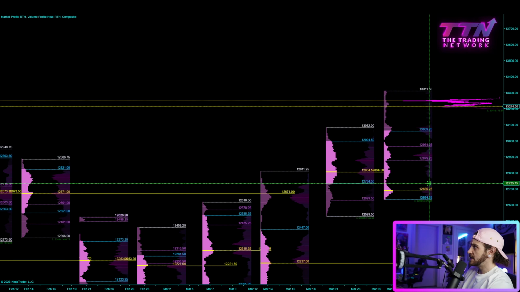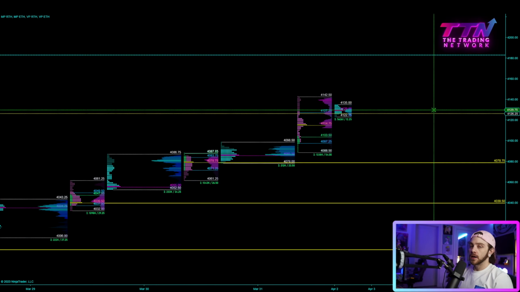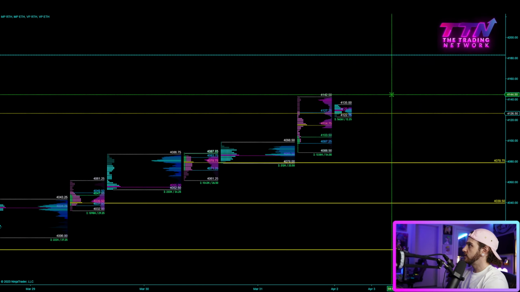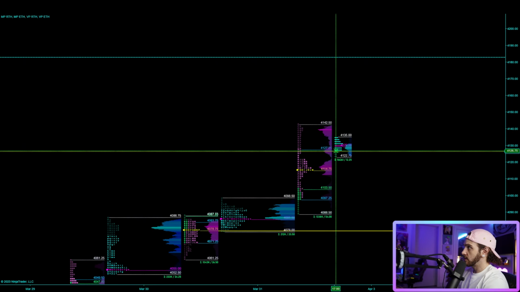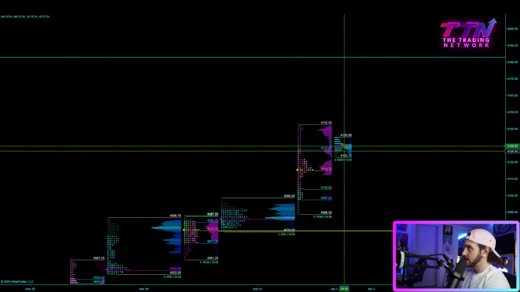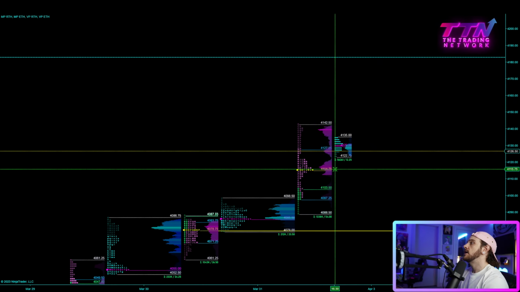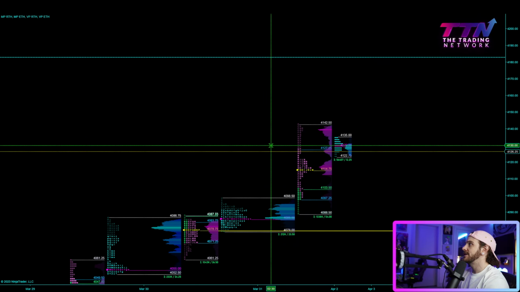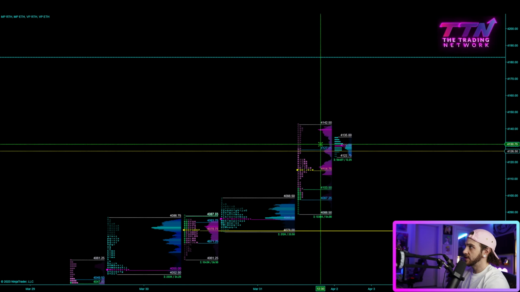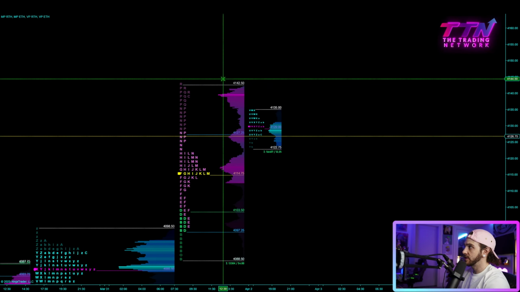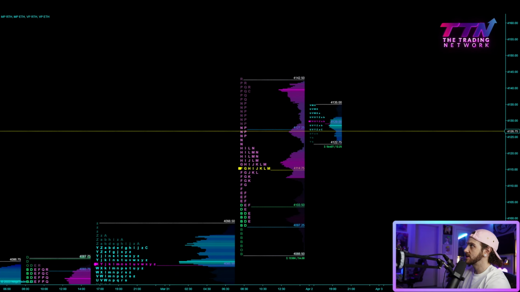So those are some levels to keep an eye out for on a larger time frame on the downside. All right, so similar scenario on ES, looking for a reaction to Friday's high, 41.4250. Right now, we are trading right around Friday's value area high at 41.27 and a quarter. And it's going to be interesting to see if we can hold above value, doing business above there, filling in these prints so they're not just double prints. Up here is going to be a good sign for further upside price action.